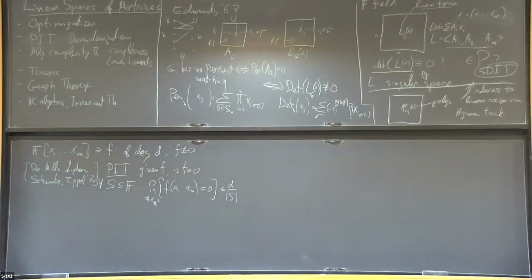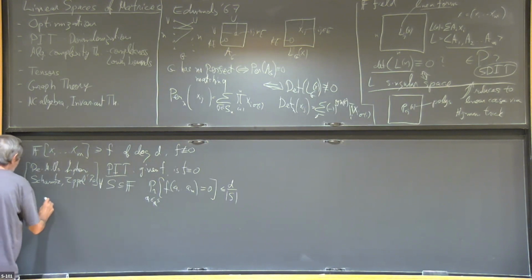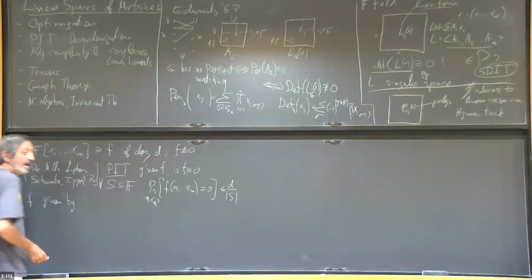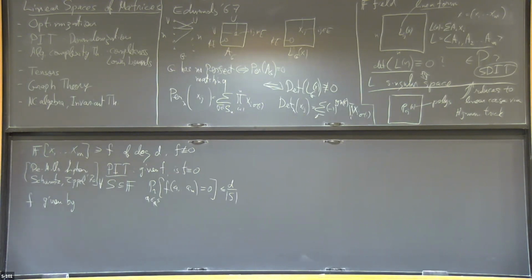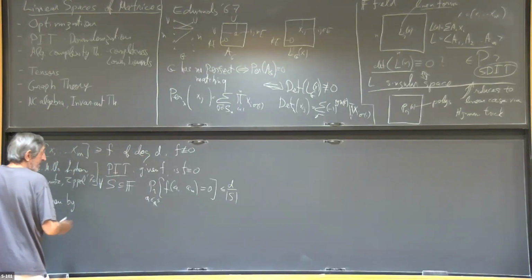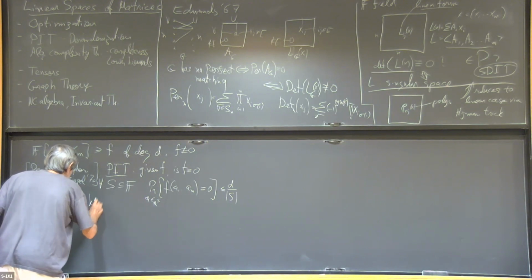So therefore, you have to have a way to evaluate it, either a black box or it is given by something that you can compute. So we will generally assume that F is given, over any field, whatever field. F is given, as we said, by a circuit or a formula,